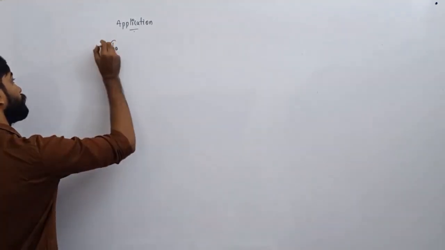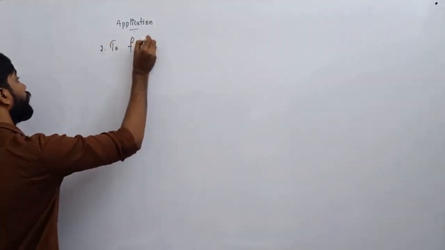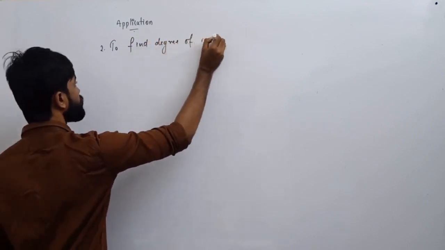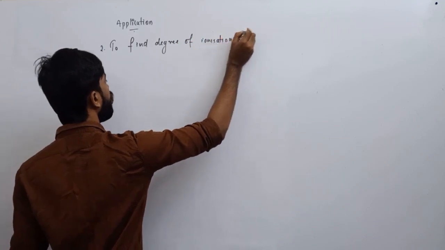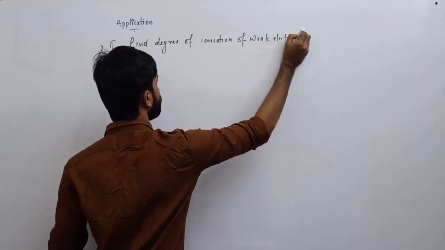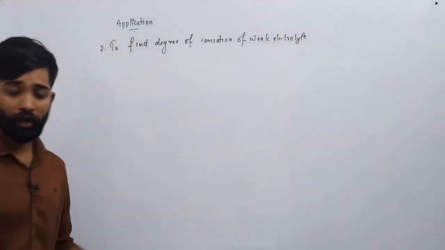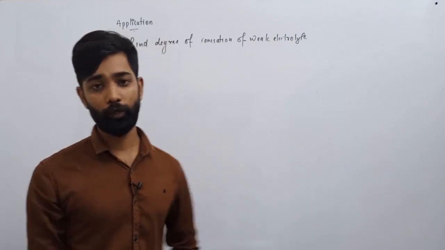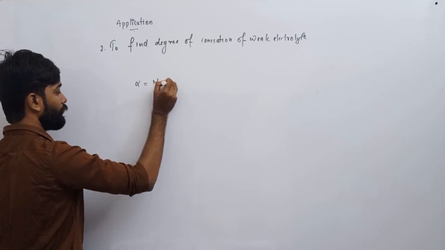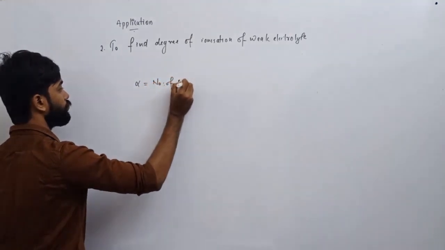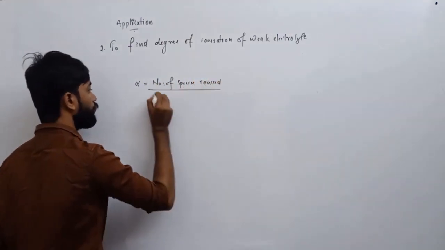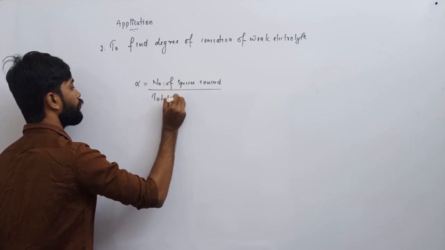To find the degree of ionization of a weak electrolyte. Degree of ionization, you know, alpha. Alpha is equal to the number of species ionized divided by the total. So what do you mean by alpha? Number of species ionized divided by total